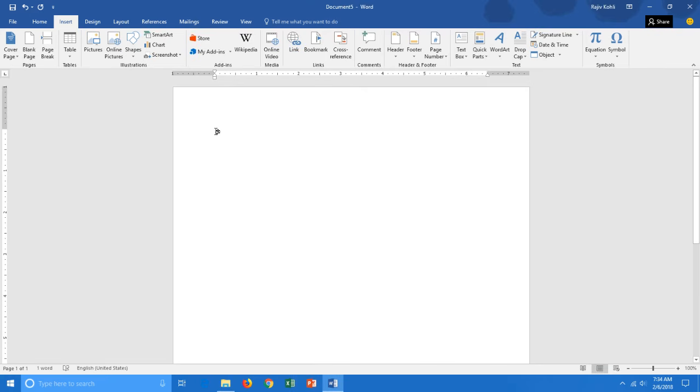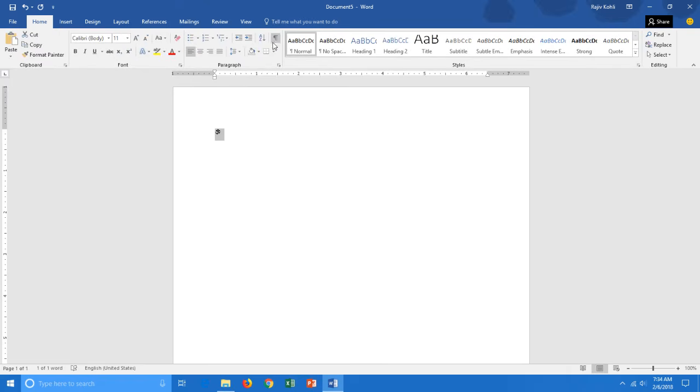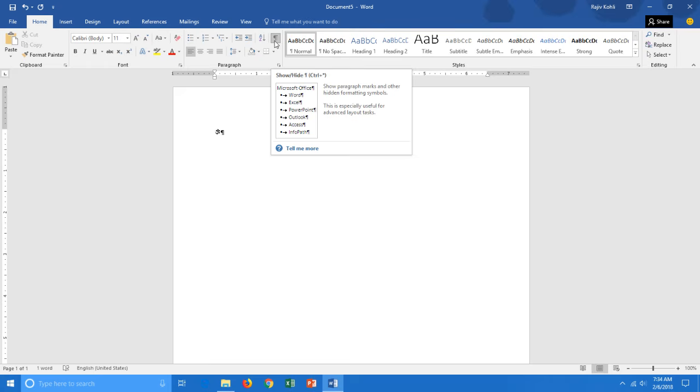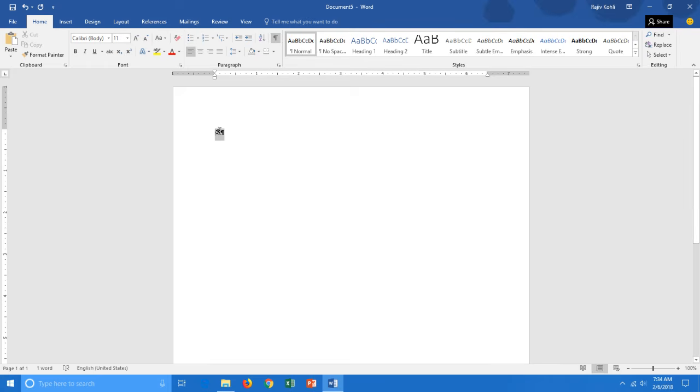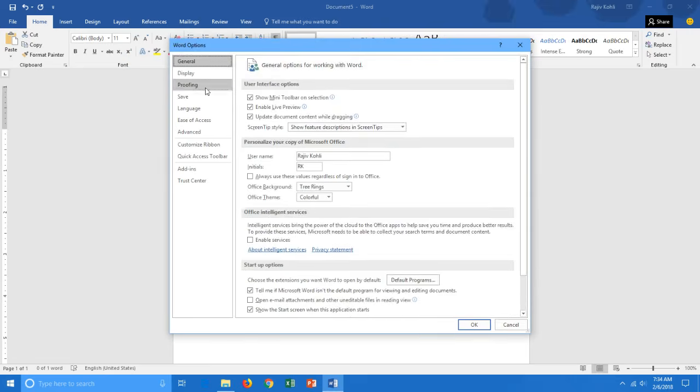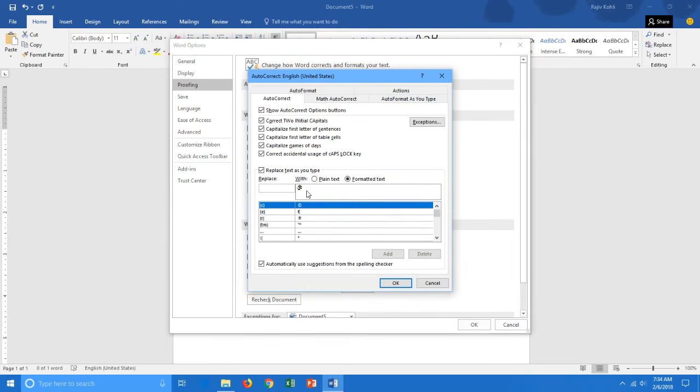always doing this, what I can do here is select this character here, and make sure you are just selecting the character and not the paragraph sign. You can turn on paragraph signs by clicking on the show hide button and just select the character. You can also use your keyboard, hold down the shift key and then use the arrow key to select only the character here. Now hit the copy button and go to file, options, proofing, autocorrect options,